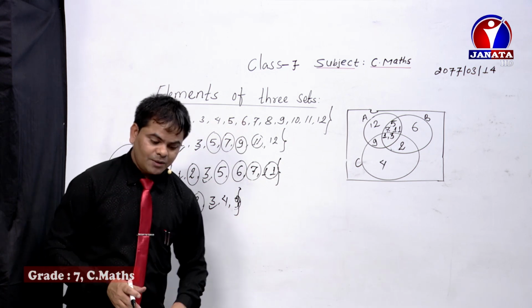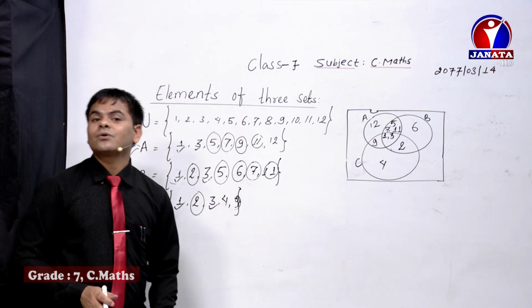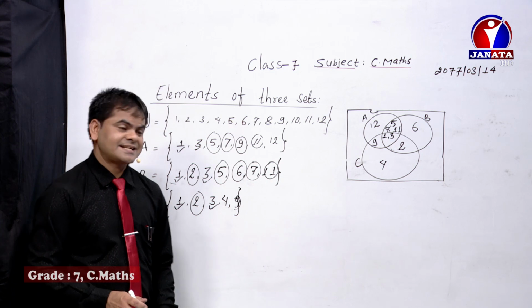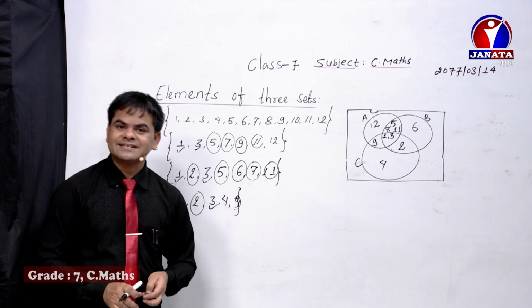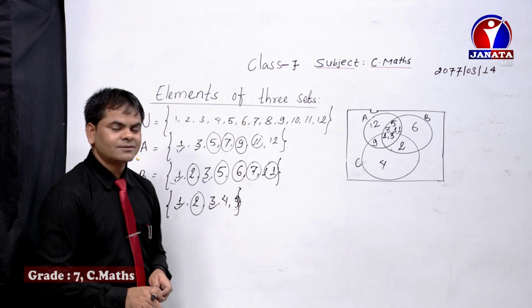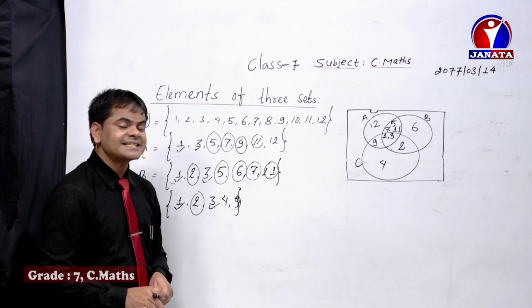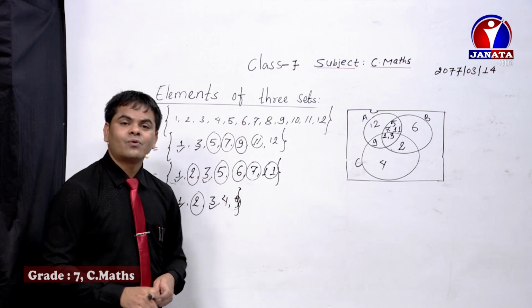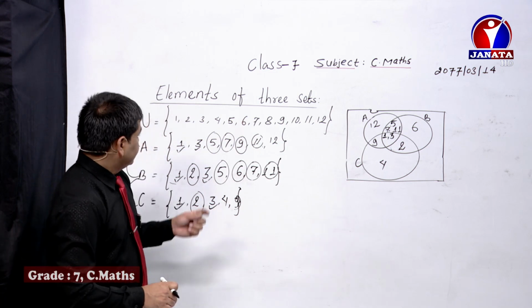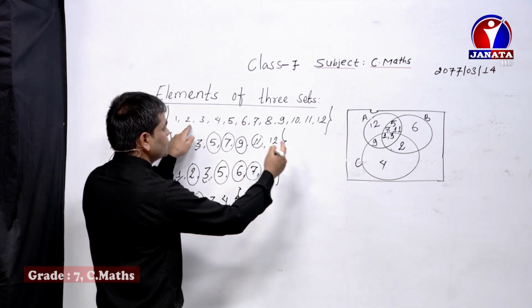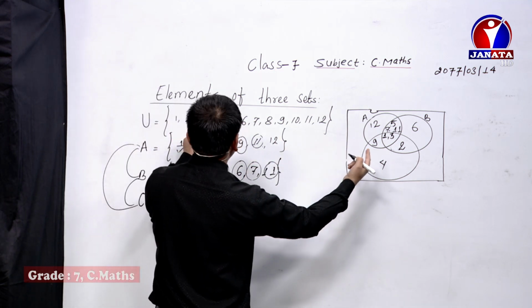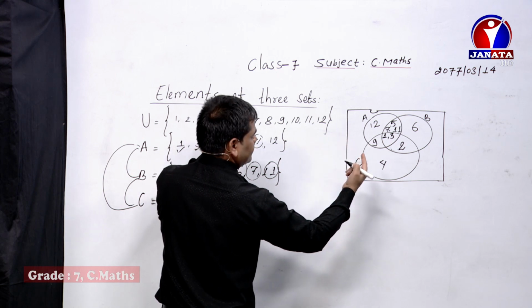Now dear students, the preparation of the Venn diagram is not over. We need to see the universal set as well, and the elements which still remain should be kept outside of all 3 circles, but inside of the rectangle where there is more space. Then if you see, dear students, 1 we have already kept, 2 there is, 3 there is, 4, 5, yes,